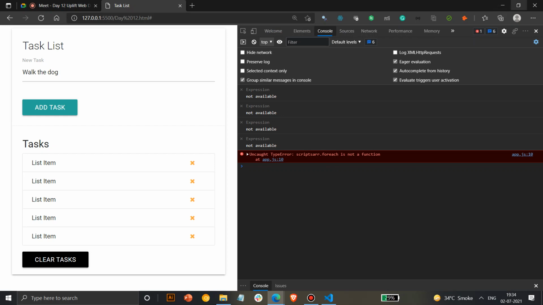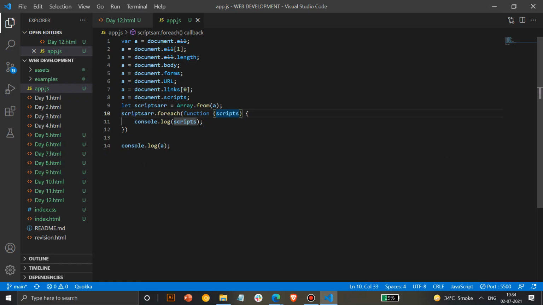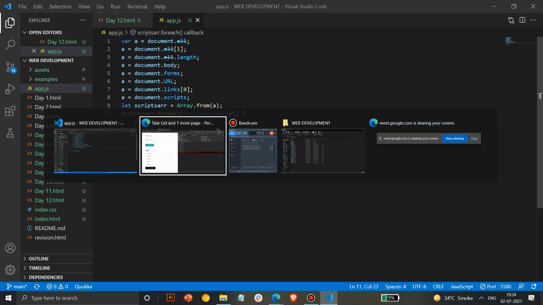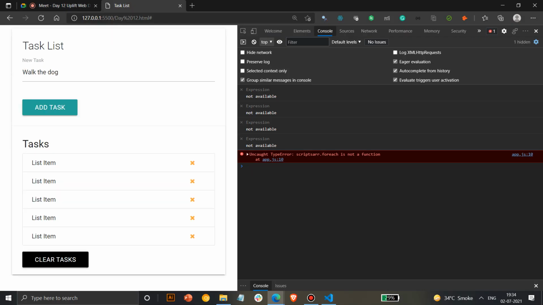Script. Did I make any mistake? If I use script, does it work? Uncaught TypeError: scripts.forEach is not a function.